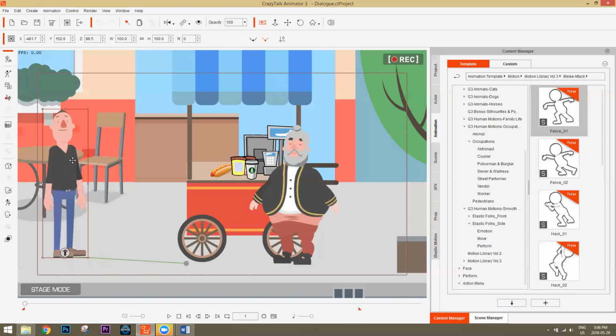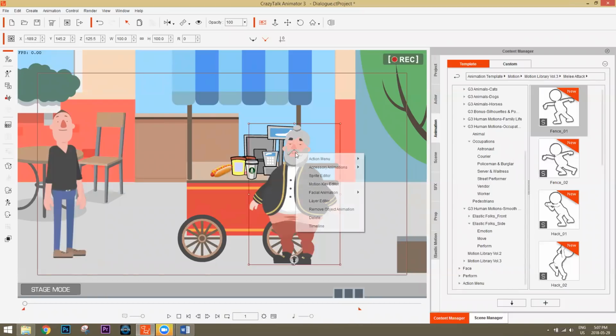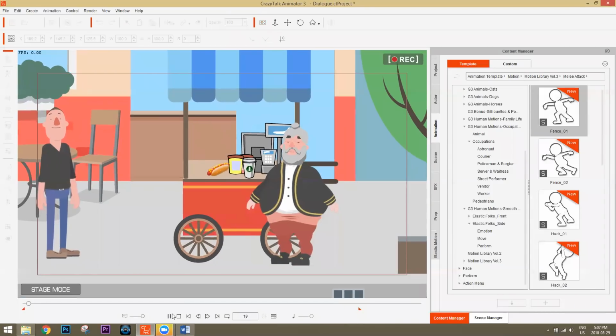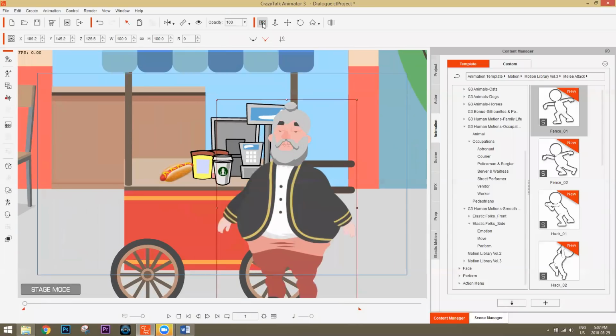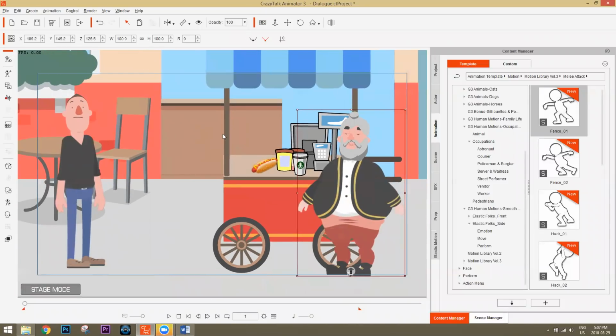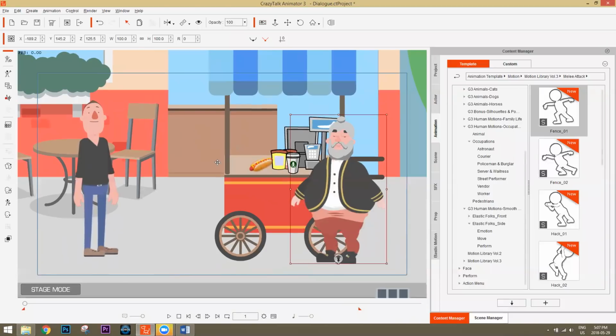Okay, so let's go ahead and remove object animation from this guy. Right click on the character, and you can select remove object animation. That just removes all the animation completely from your character. If I play back, we have some camera movement. We don't have to worry about that. Let's take off the camera movement for now by going up here and deselecting camera record mode. If this is white or not red, then it won't be recording animated camera mode. Okay, let's take a look at the first thing.